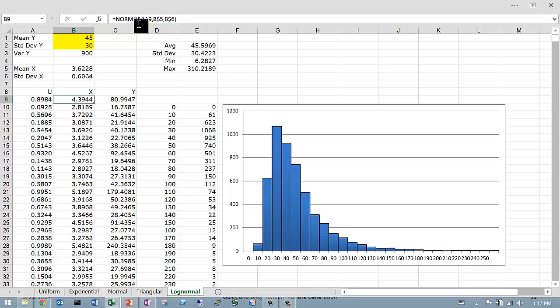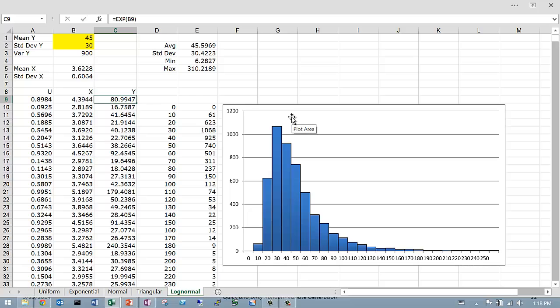And so we're going to use norm inverse of our u to specify the position on the CDF, and B5 and B6, which is the mean and standard deviation of the underlying normal random variate. And so x is normally distributed,